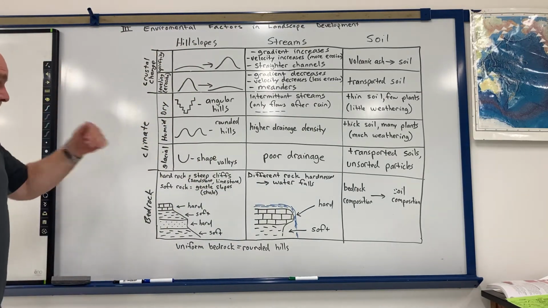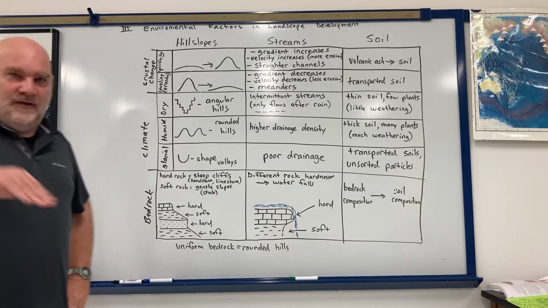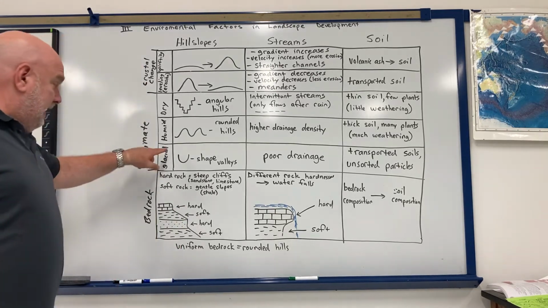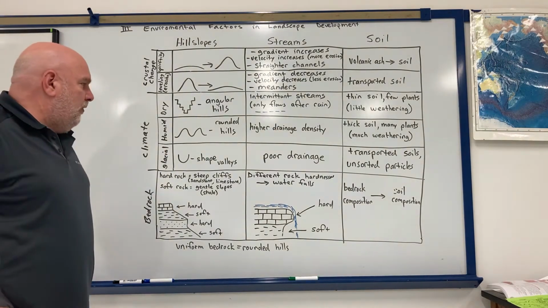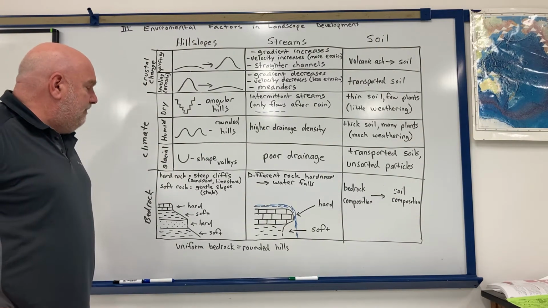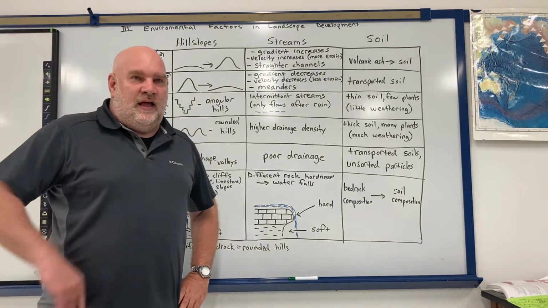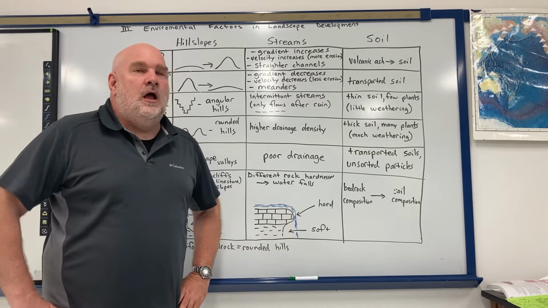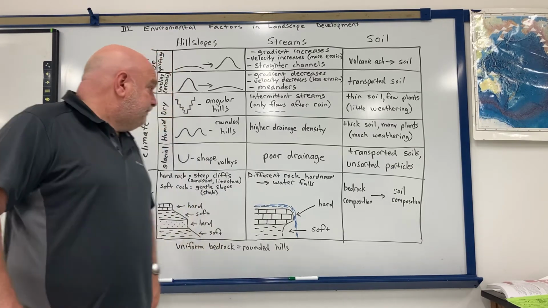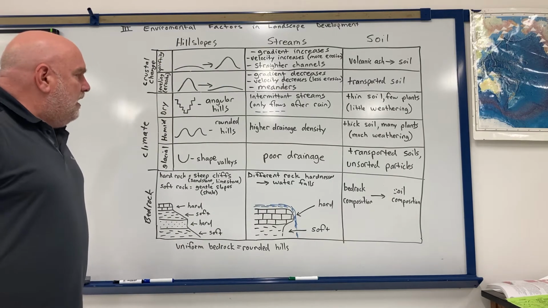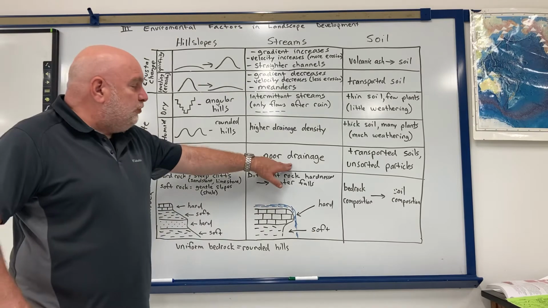Now, areas that were covered by glaciers. Glaciers, the effect it can have on the shapes of the hills. Glaciers carve out U-shaped valleys. So they'll affect the shape of the landscape. In upstate New York, a lot of the features, a lot of the hills and stuff that we have around here, a lot of that was partially done by glaciers. All right. Areas that were recently covered by glaciers frequently will have poor drainage.